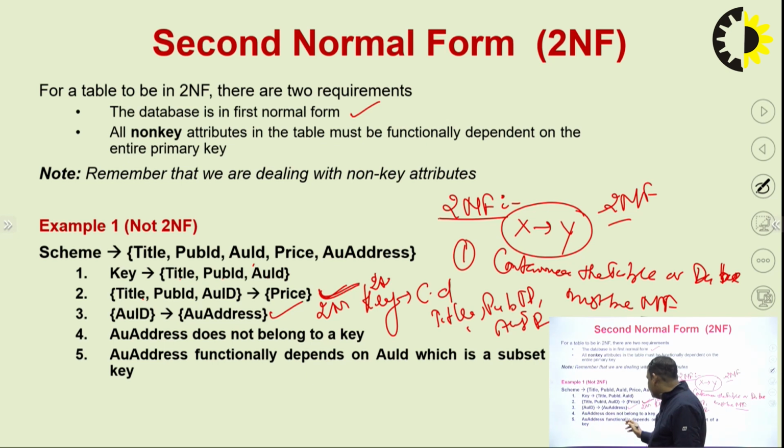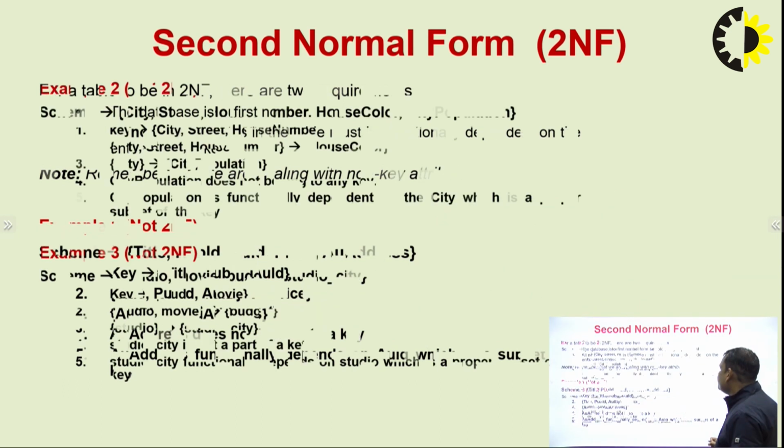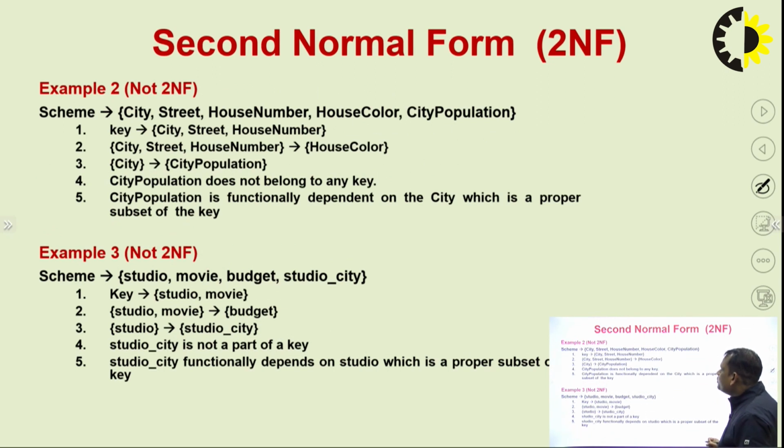Author address does not belong to the key. Also the functional dependency on the author address does not belong to the candidate key. It is not a second normal form. And second normal form,